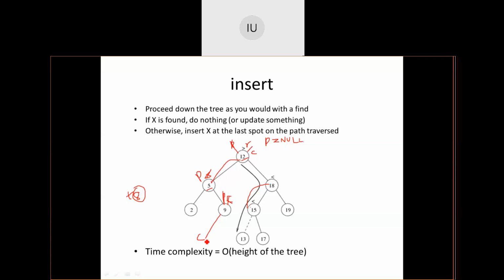Who is holding the address of the node to which the new node will be inserted? Previous. Okay. So next, when I want to attach this new node into this particular tree, what will I do? If element is lesser than previous arrow info, then I will write temp, previous arrow left is equal to temp. Otherwise, previous arrow right is equal to temp.